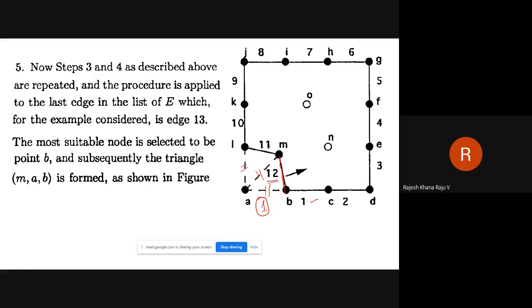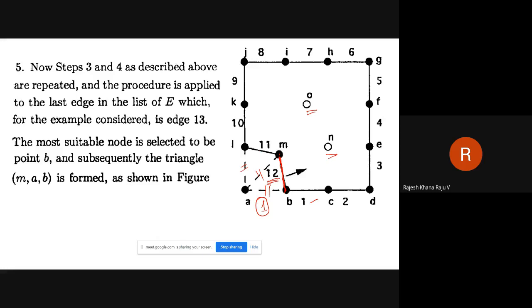So now in this case, what happens? One of the edges of your array E is removed. From 13 it becomes 12, but for internal nodes there is no change. As such, there are still two nodes. But now the last entry of your array E is M2B, that is S12. So that becomes the last entry of your array E.